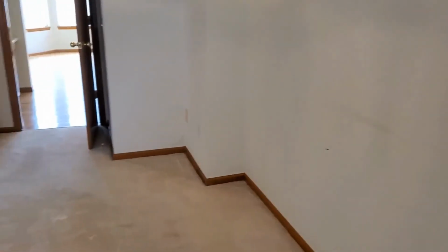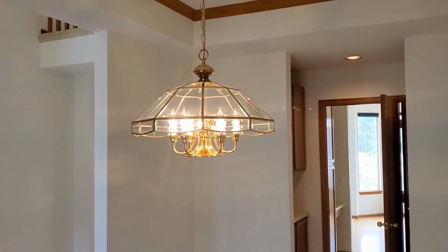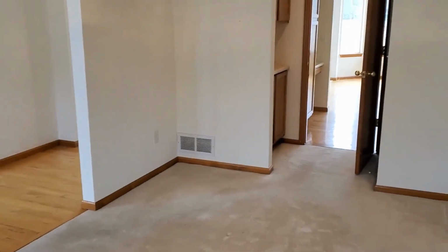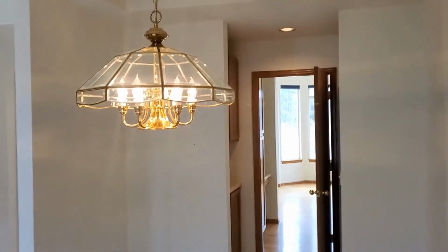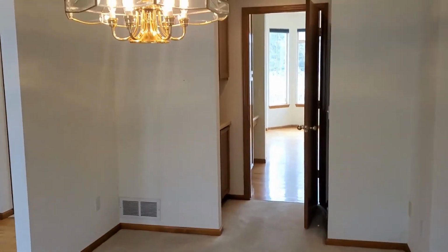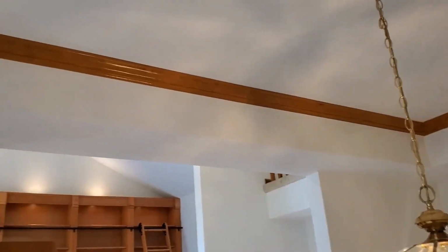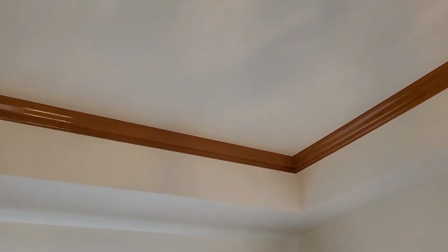The dining room is of enough size to put a fine family size formal dining room in here. We've got some older fixtures in the house, like light fixtures, and I think that the biggest thing that you'll need to be looking at in this room and others is replacing this carpet as well as a good coat of paint. There's a nice architectural detail around the top of this room, the wood trim at the top and a recessed ceiling. So that is our dining room, and from the dining room now we are going to continue